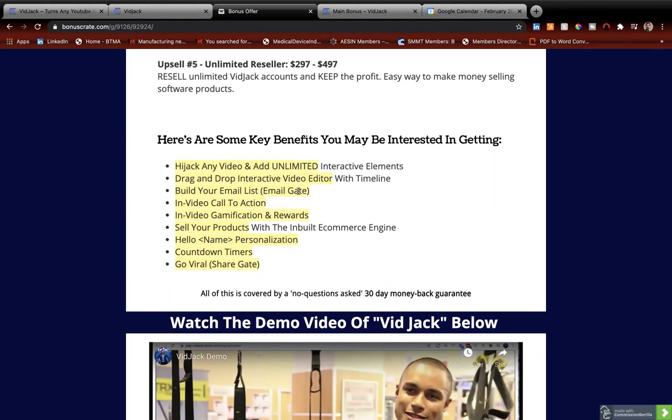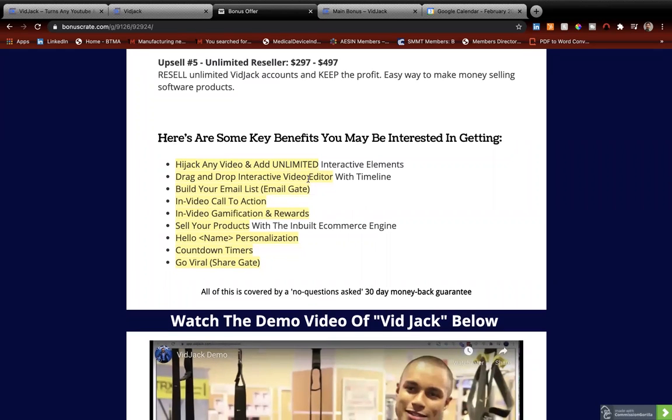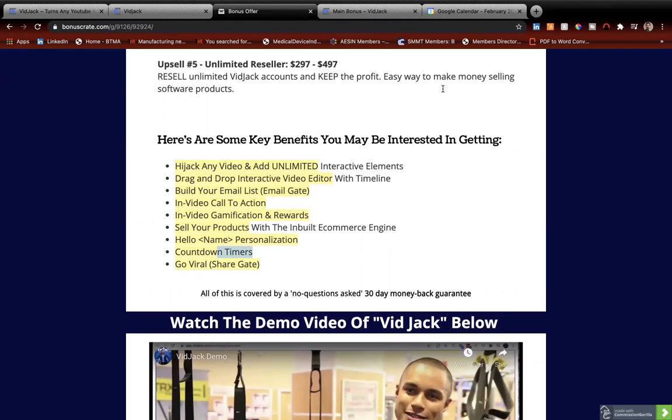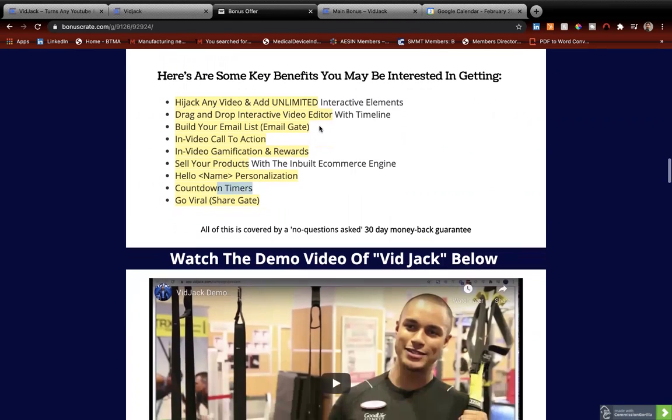And in video call to action buttons, in video gamification and rewards, you can offer rewards, some coupons to show the discounts, provide discounts to your products, sell your products with inbuilt e-commerce engine, so that is also inbuilt, and personalization, countdown timers to create scarcity, and go viral ShareGate. So these are the benefits if you purchase this with Jack.